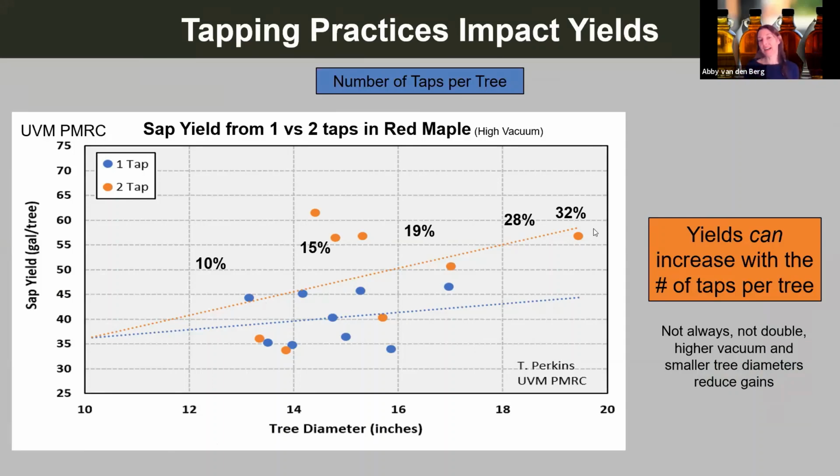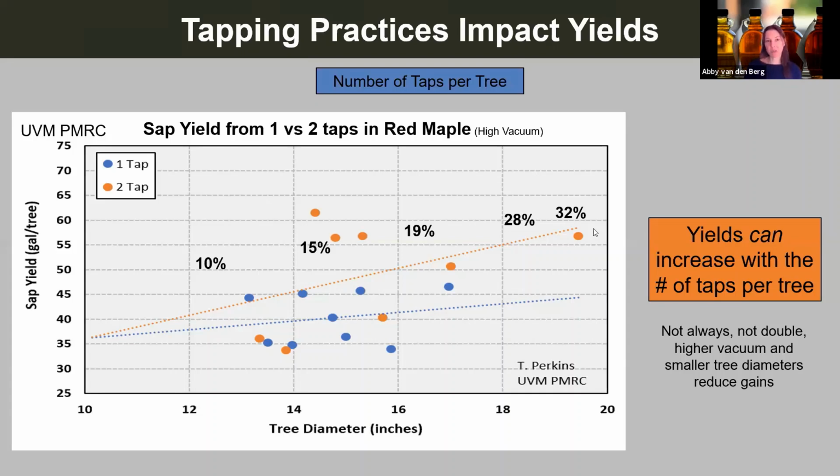So we are actually redoing that study with larger trees to make sure that we really get an idea of how much of the effect that we saw, where we saw no difference in yield from 1 tap to 2 tap, was influenced by some of the smaller tree size. So that's a to be continued. And from Matt